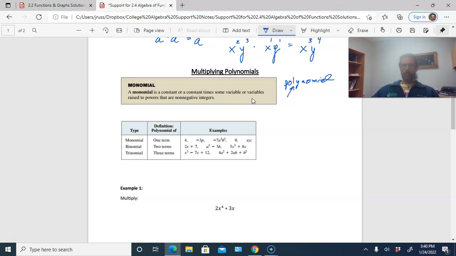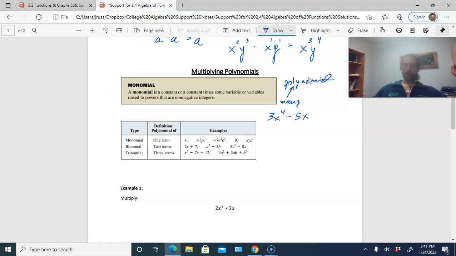The prefix right here, guys, poly, means many or more than one. So a polynomial is a mathematical expression in which there are several terms. It could actually just be one term, in which there's one or more terms that are being added or subtracted. Okay, so an example of a polynomial would be, I'm going to just make one up, 3x to the fourth